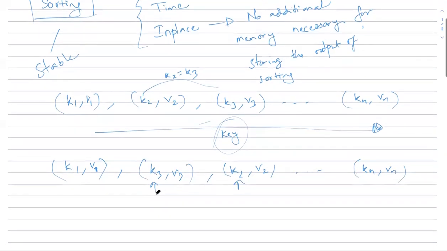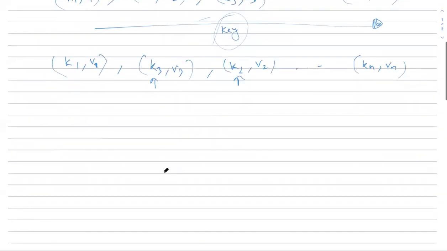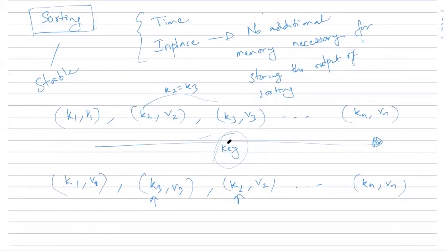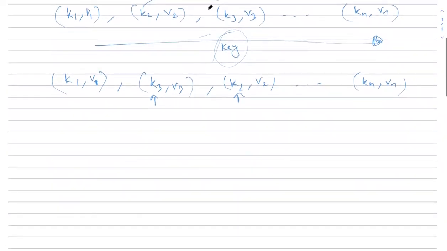But the problem is that because there are other values that are stored in relation to the keys, it violates the stability. So even though the values of the keys are the same, we would like to still preserve the original order in which my entries have been provided. So that is the essential stability aspect. But for now, let's just stick to these two criteria, the time complexity and the in-placeability of a